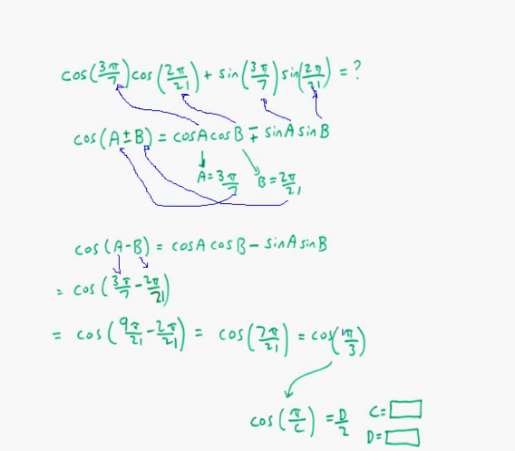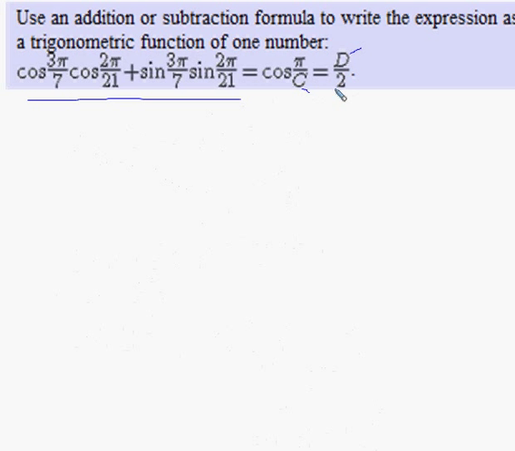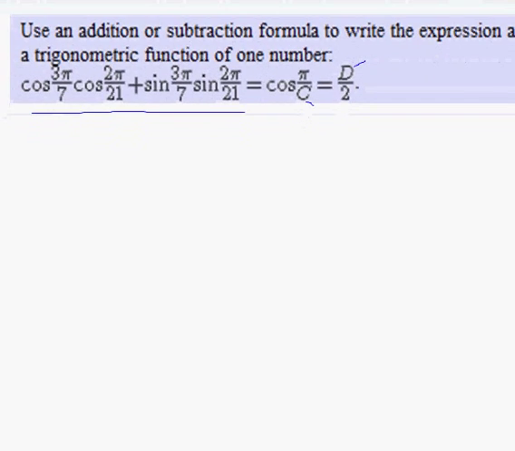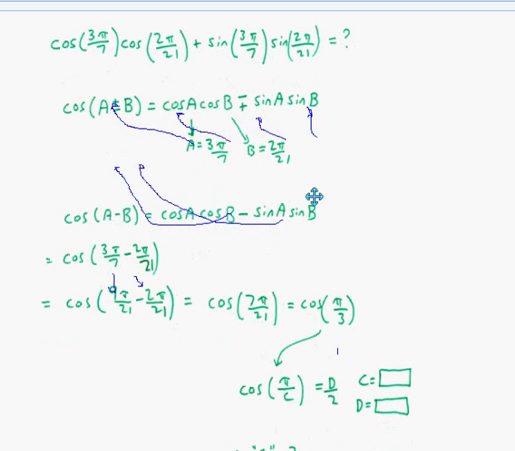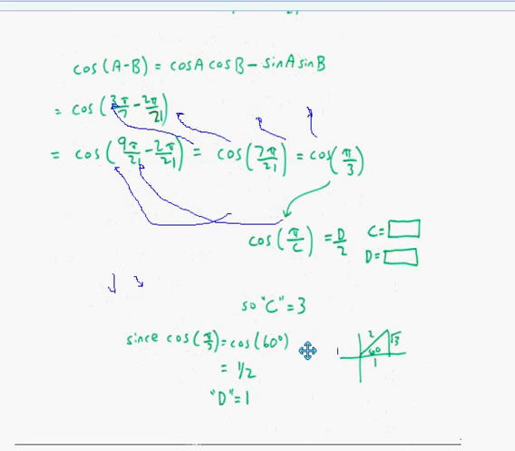If you look back at the Mathas question, they also put a d in there. Now that I've done the problem, it's clear to me what this means. My c I've found, it's 3. Now they're saying that now that you know the answer is cosine pi over 3, get rid of the cosine, actually evaluate the cosine of pi over 3, and you're going to get an answer that looks like this. Please tell me what d is. So now that I know c is 3,